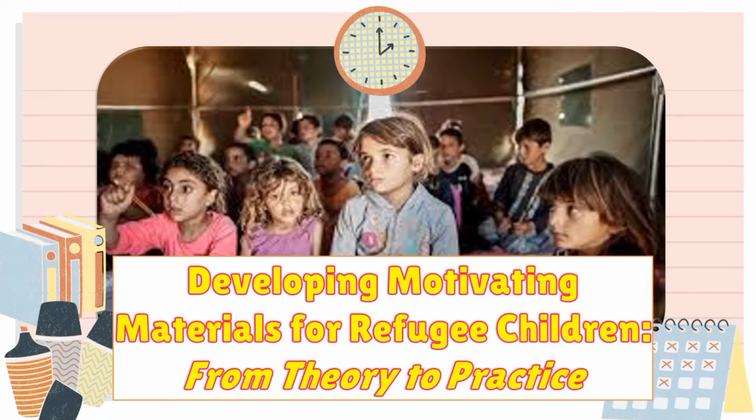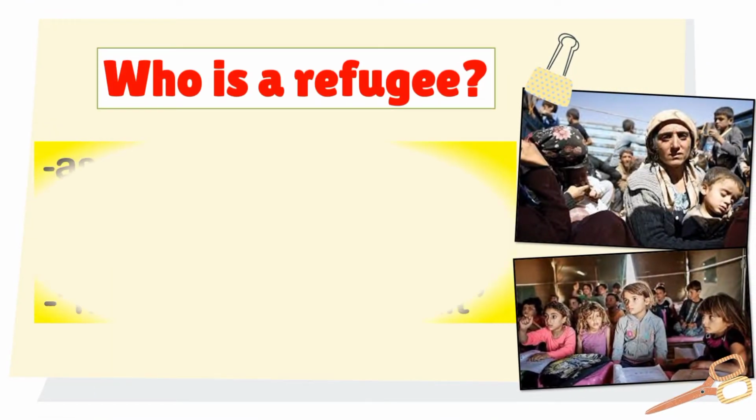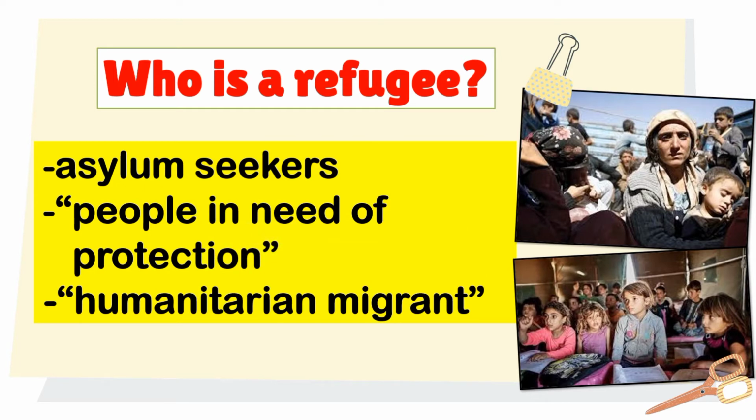Education is recognized as a universal human right across a range of international legal frameworks. Several international treaties outline the right to education for refugees. Now, who is considered a refugee? Refugees are called asylum seekers, people in need of protection, or in broader terms, humanitarian